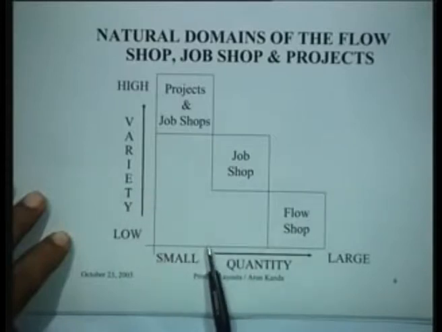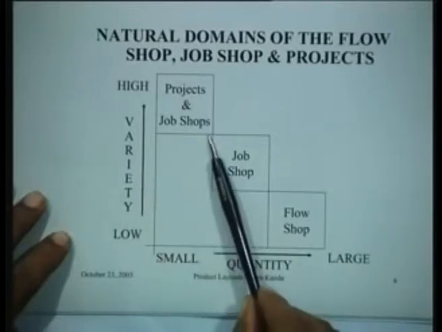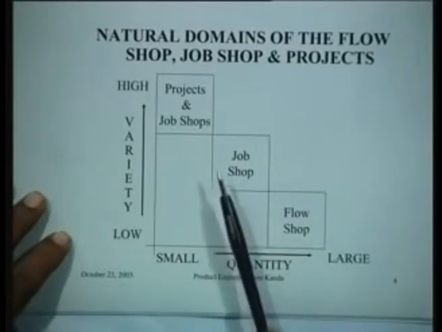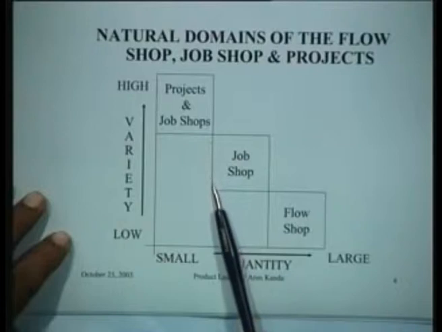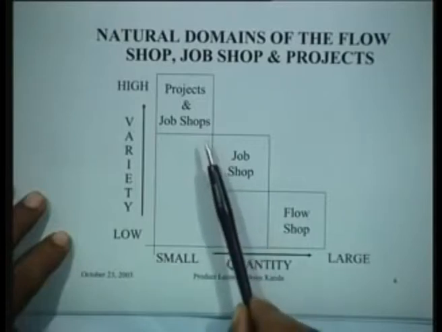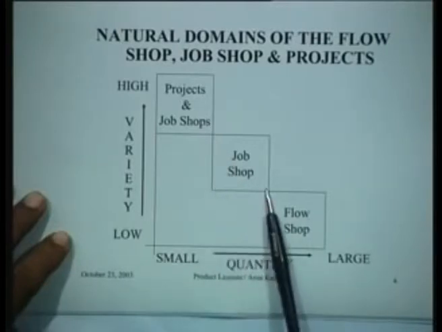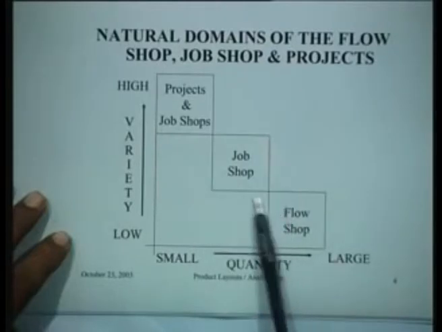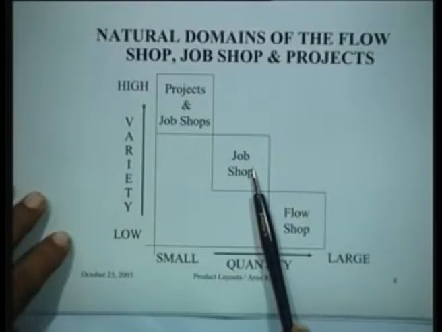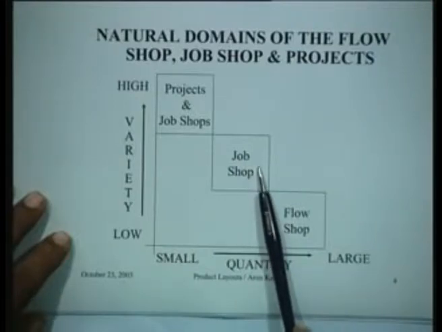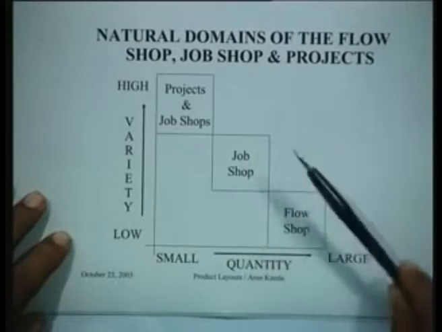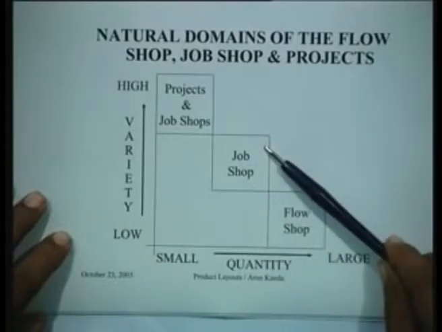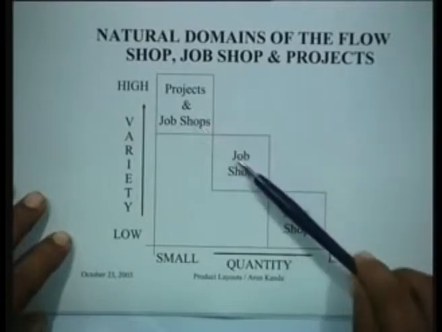On the other hand, when you increase the quantity and also relatively reduce the variety, in fact what happens here is that we are talking here about predictable variety in a job shop, and medium level variety and medium level quantities is actually the domain of the job shop. And when you are talking about the job shop, you are primarily talking about the process layouts, the design of process layouts. So whatever we studied in layout planning was actually applicable to the job shops at this particular end of the